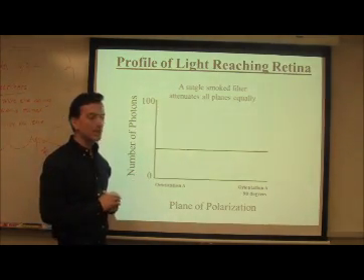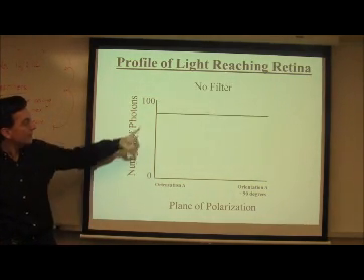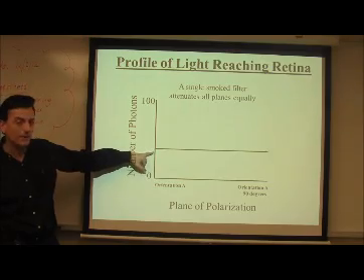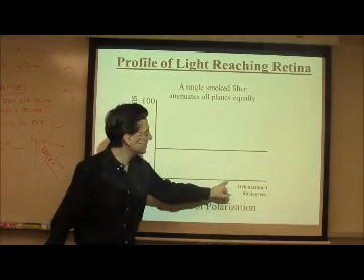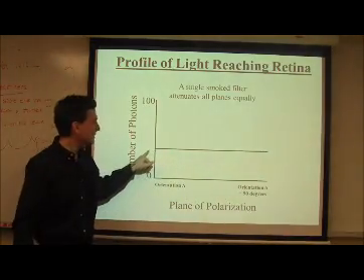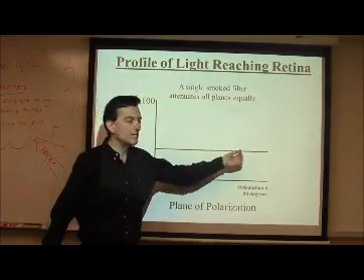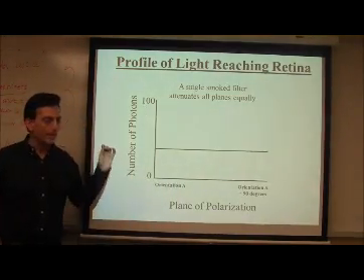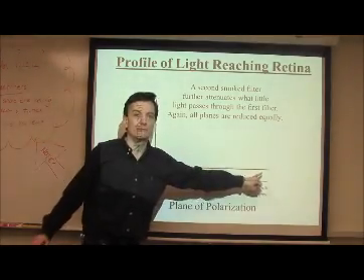It attenuates all planes equally, and by toggling from here to here, we see that attenuation from here down to here. And notice that rather than having some kind of a profile-specific blockage, we're really attenuating all axes of orientation or all planes of polarization equally. We can now add yet another filter,